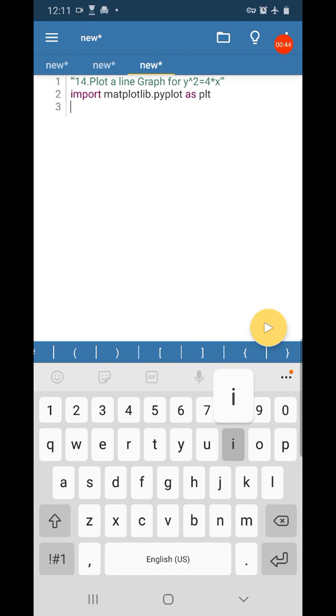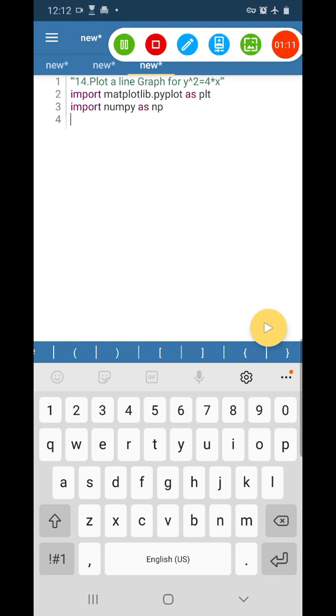Now we have to import numpy library also, because we are generating the values, we are plotting the values x and y, and we have to generate the values for x or y by using arrange function.